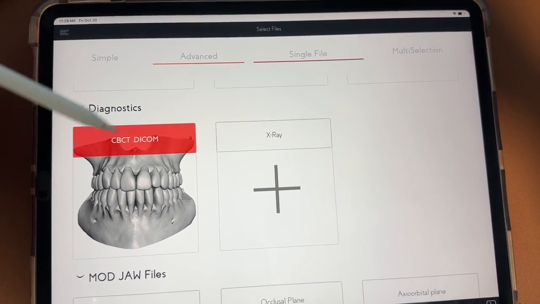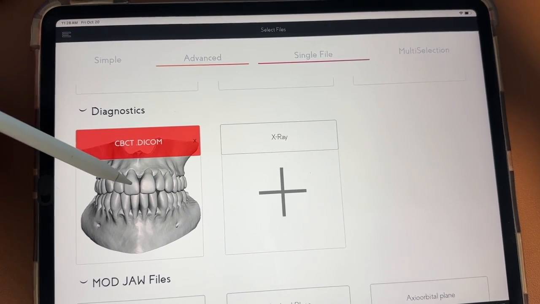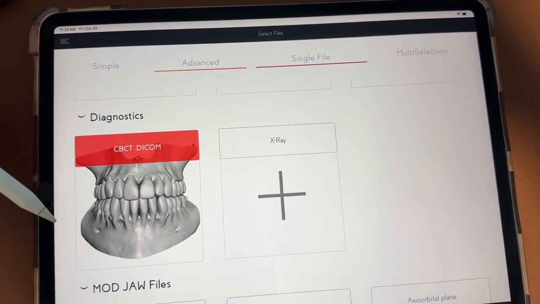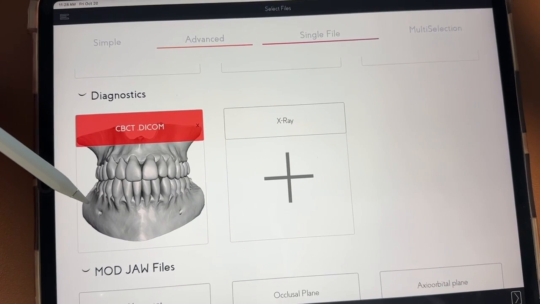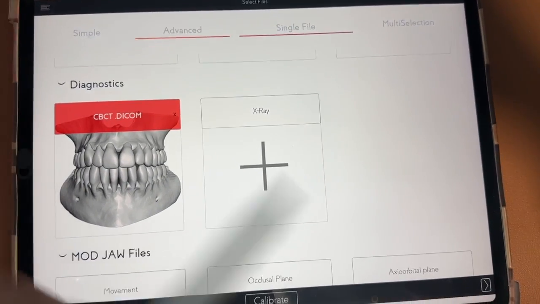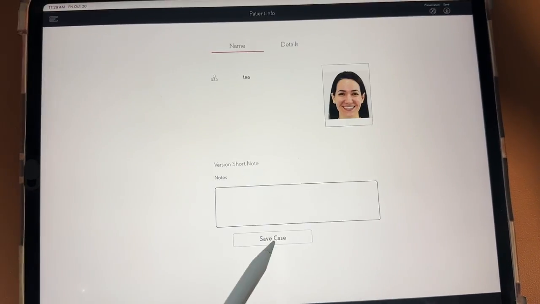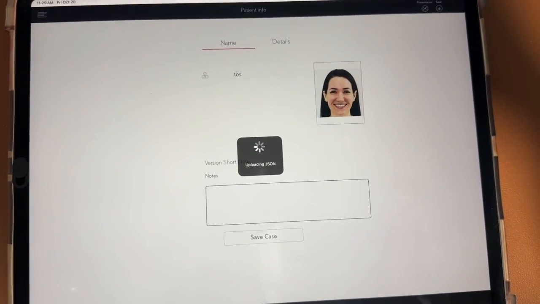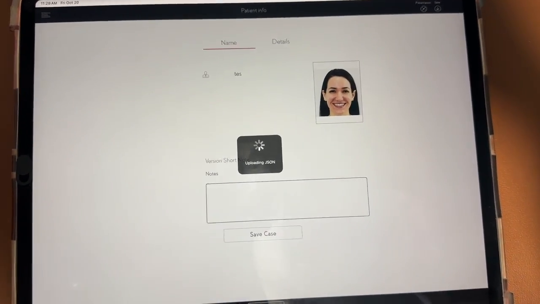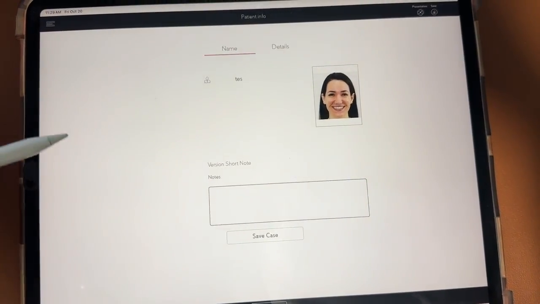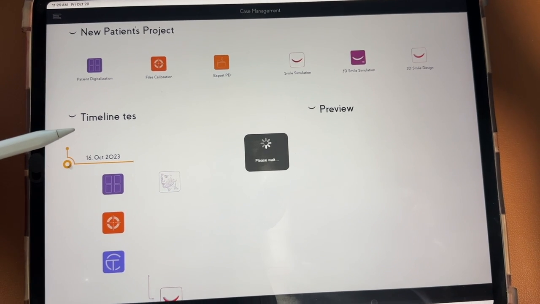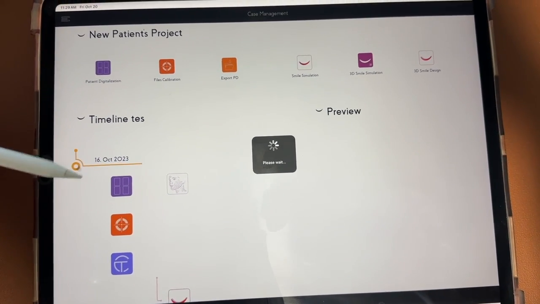So once you do that, then you will go right over here where you see cbct.dicom. Okay, so simply click on the plus sign and you upload the folder through your cloud software. Once you do that, simply tap next and save the case. Let's go now to case management